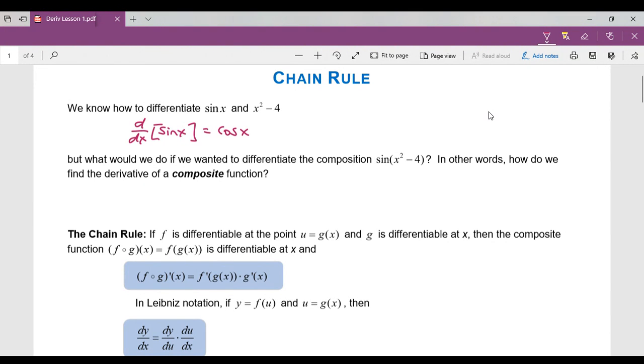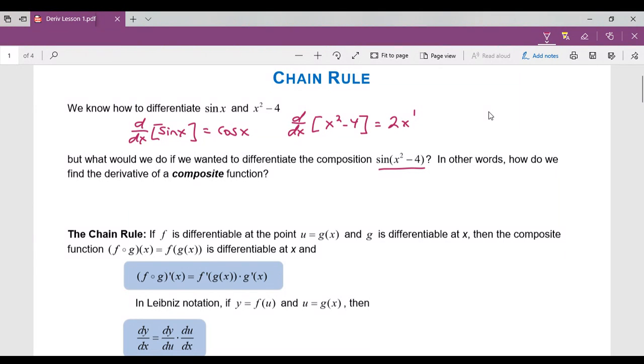And if I was to ask you separately, what's the derivative of x squared minus 4? You'd be able to tell me that too. The derivative of a difference is the difference of the derivatives. The derivative of x squared is 2x to the 1, the derivative of 4 is 0, and so you just get 2x here. But not very exciting. But what if I was to ask you about finding the derivative of sine of x